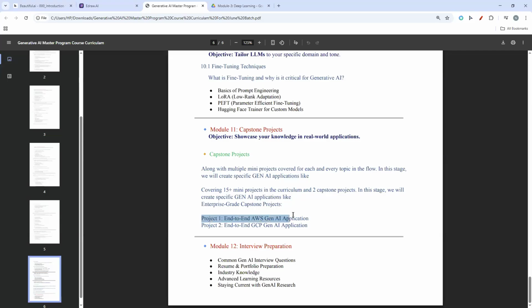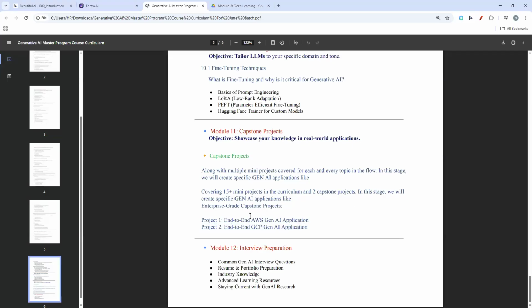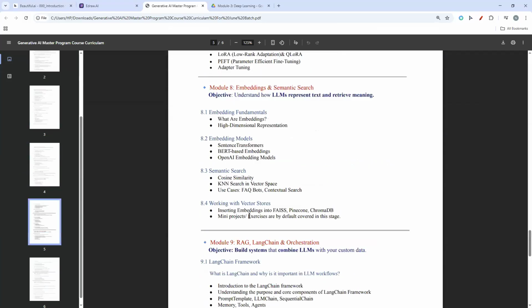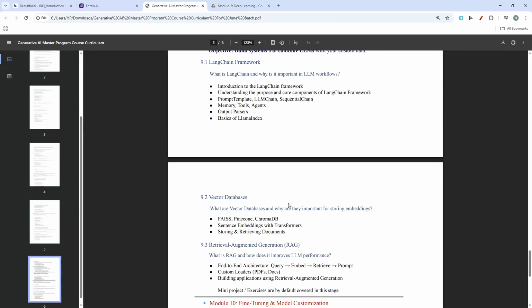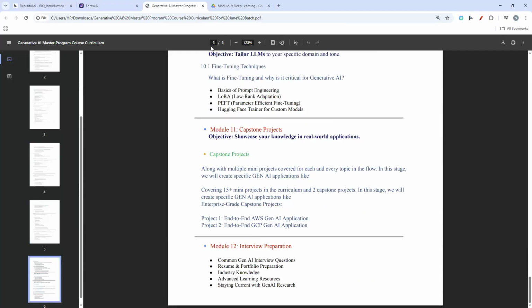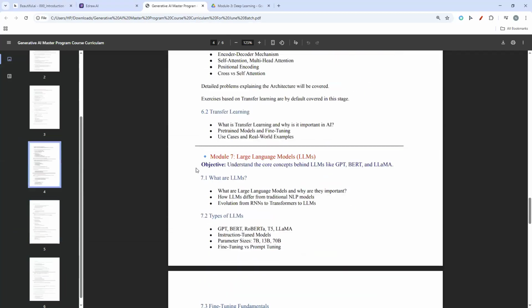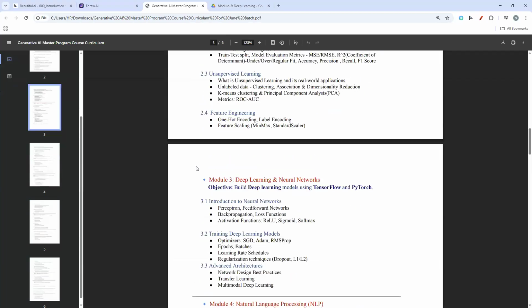The first project will be on AWS, and the second will be on GCP, right? So this is our course curriculum. Though it is not complete, we will have lots of things to add. The number of pages may even reach some 9 pages, but we kept it as simple as possible.